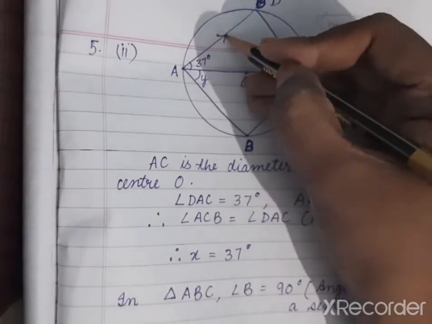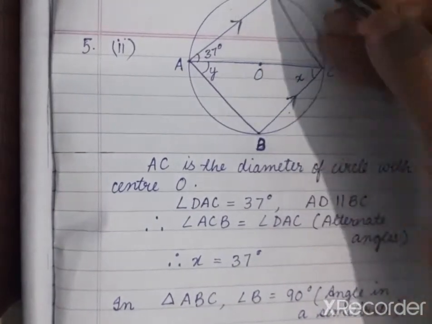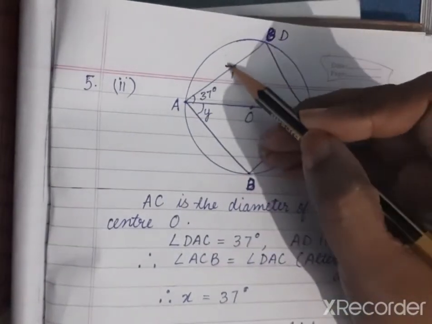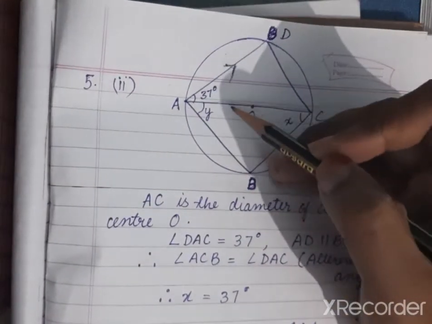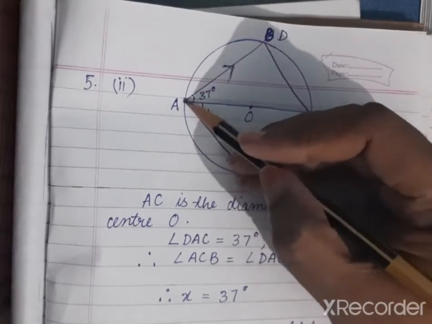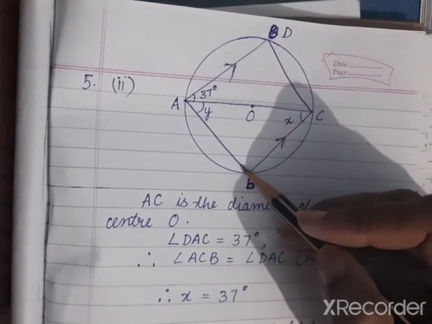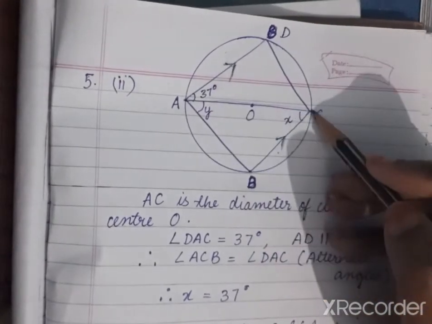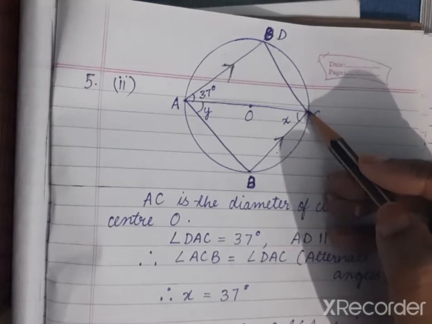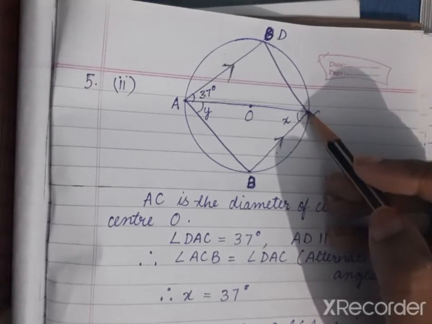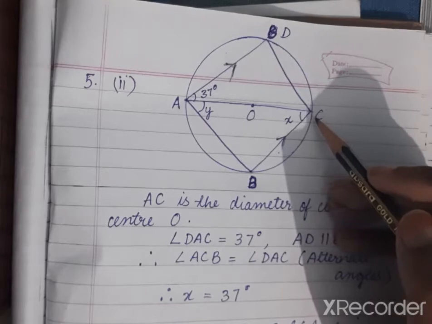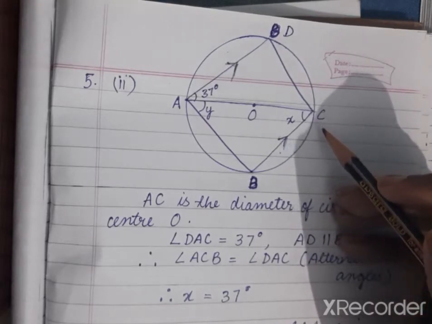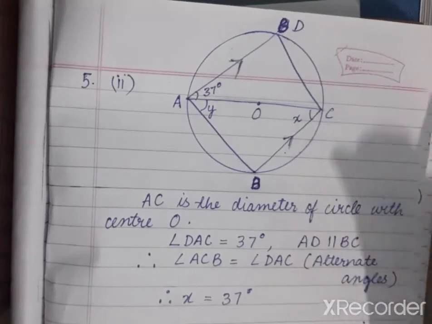Now you can see this arrow is given. It means that here I have assumed that this is D and this is B. So because this arrow is given, we can say that AD is parallel to BC, because it is given parallel. That is why we can use the property of parallel lines, and the one line which intersects the two parallel lines, we can use that property.